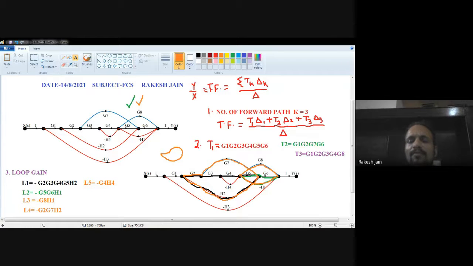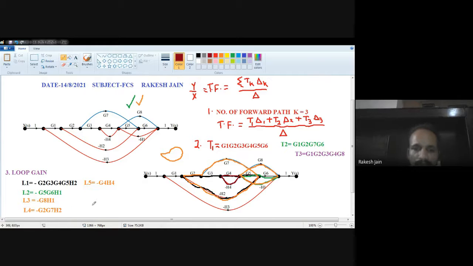We will first find out the value of del 1, del 2 and del 3. So you will easily understand the last step which remained in the last lecture, with a different question. So the fifth loop will be G4 H4. That is very simple in front of you. With this brown color, you can easily see this G4 and this H4.